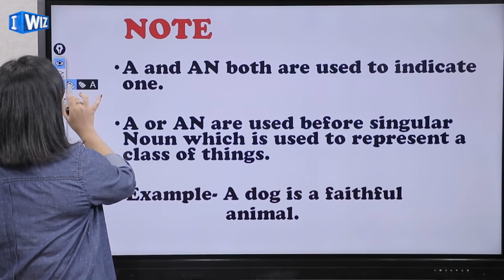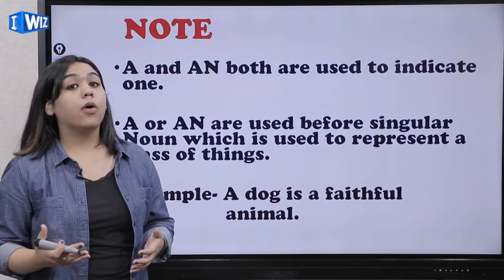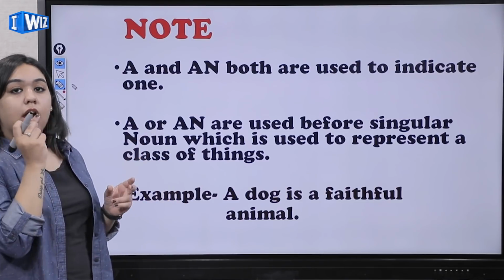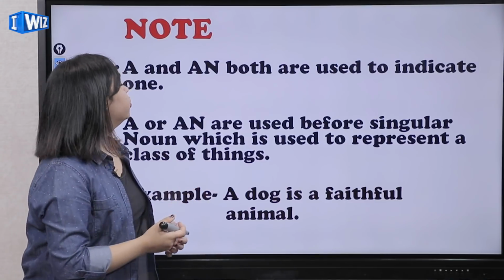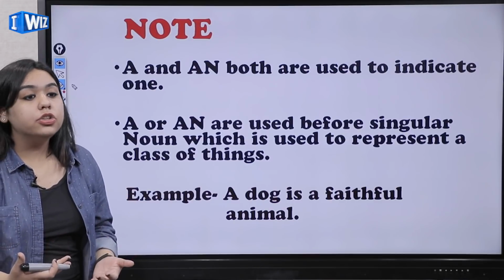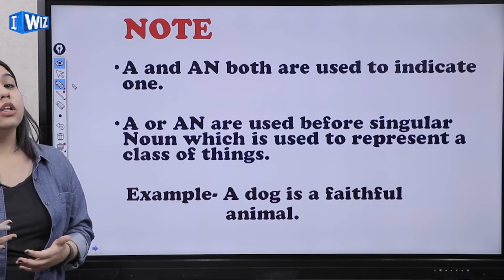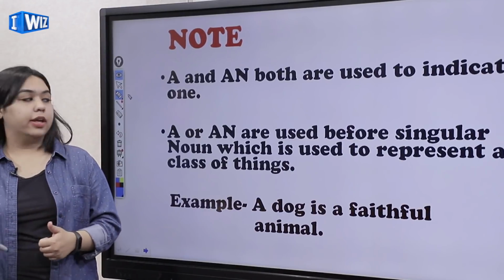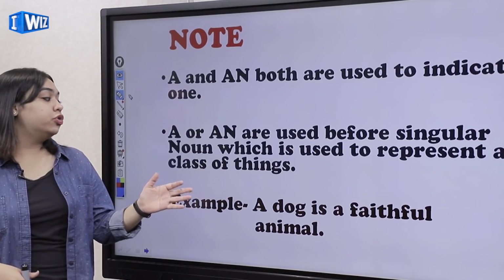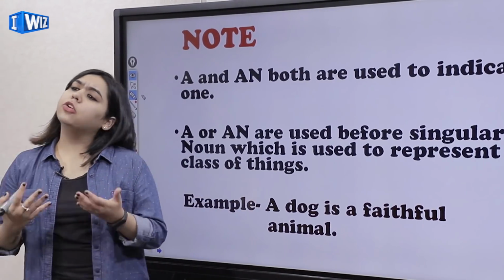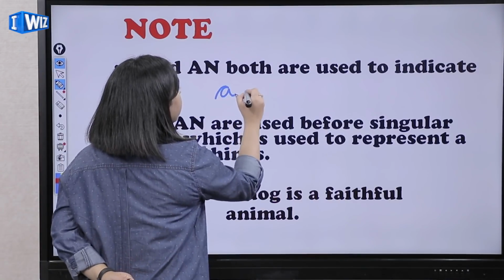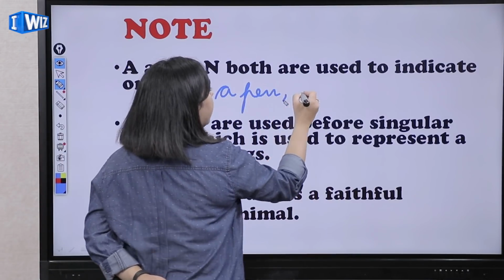Let's move on. There are some things that you need to note about a and an, both of them. Now, the articles a and an are both used to indicate one. A book, a pen, an orange. You will see that these are always used for singular objects, like one thing. A or an are used before singular nouns, and also to represent a class of things. For example, I could say a pen, or I could say a book,